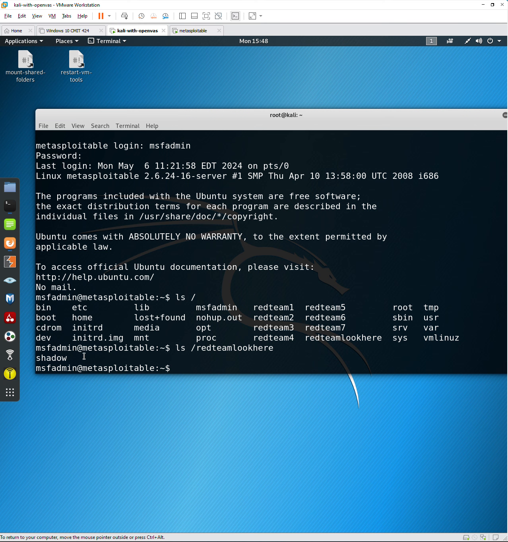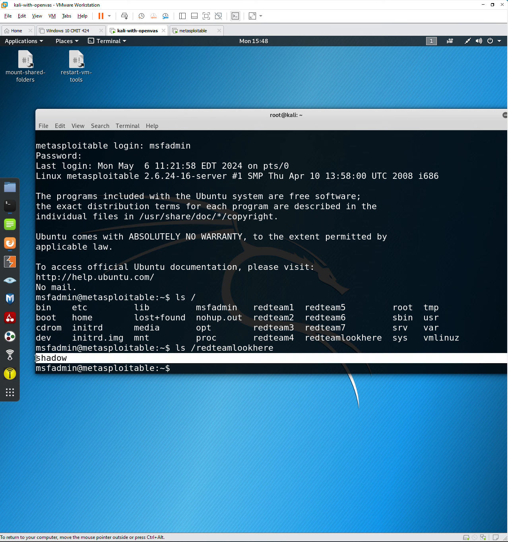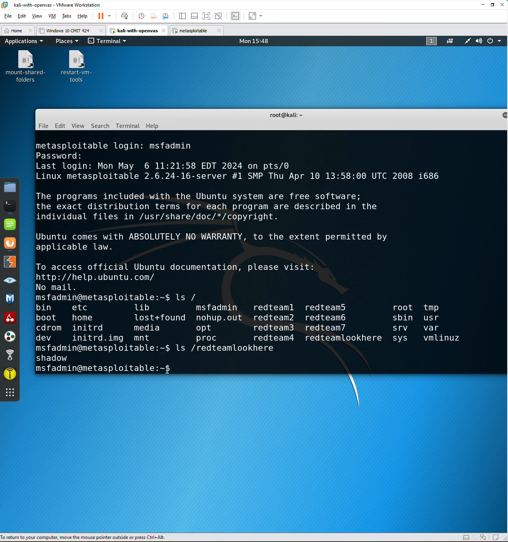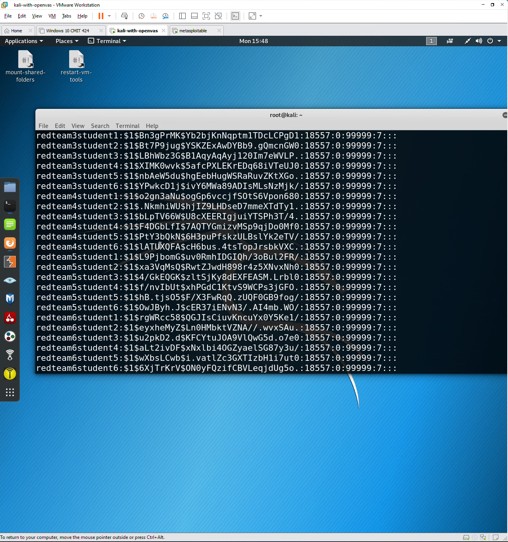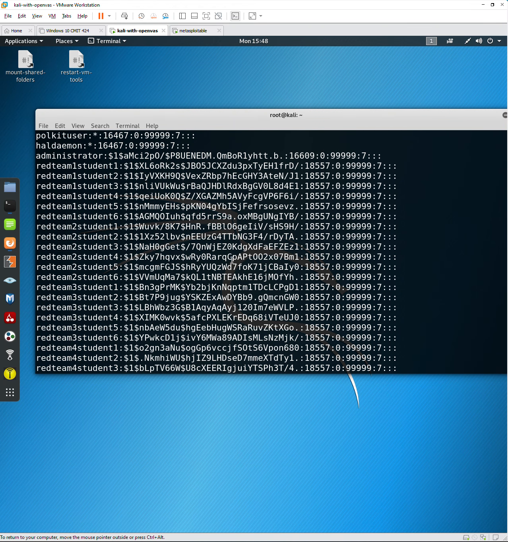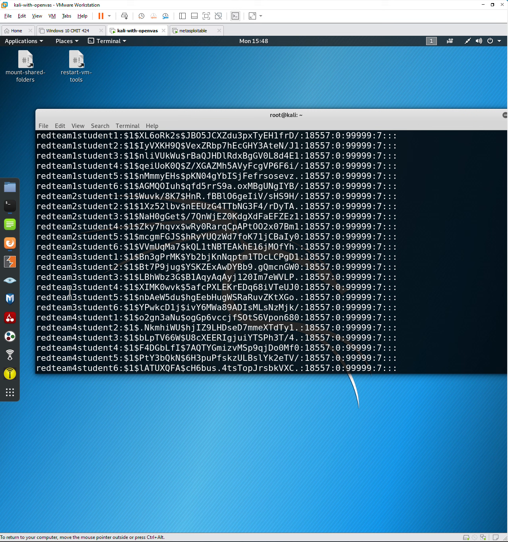Okay, so the password hashes are stored in the shadow folder, so we will go into that folder now. Here we go, Red Team 1 through 7, these are all the password hashes. But we will be only focusing on Red Team 3 Student 4 password hash to crack. So I will copy it,